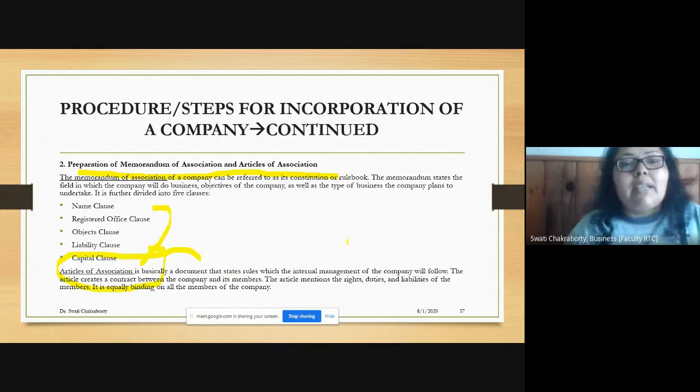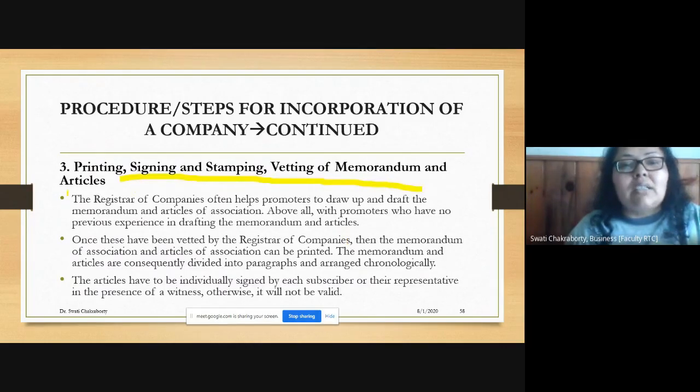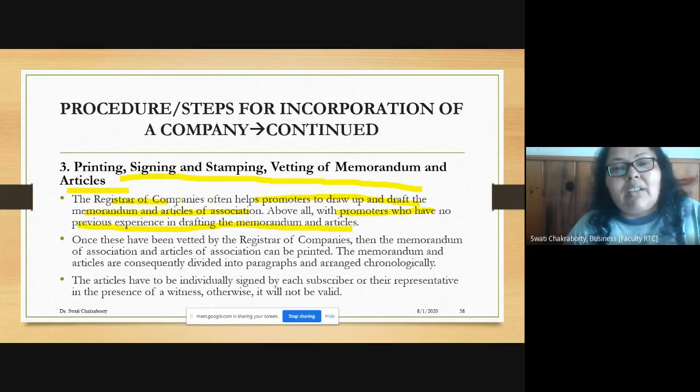Third is printing, signing, stamping, and vetting of the memorandum and articles. It's the registrar of companies which helps the promoters draw up and draft the memorandum and the articles of association, especially promoters who have no previous experience in drafting them. Once these have been vetted, meaning accepted by the registrar of companies, then the MOA and the AOA can be printed, right? And then